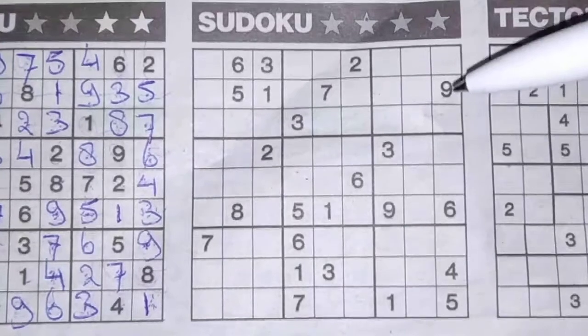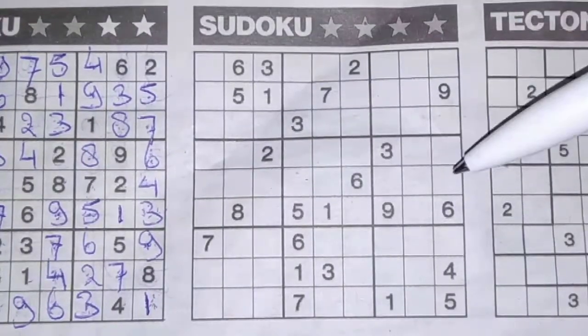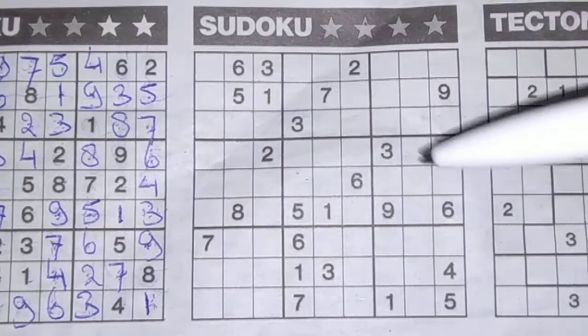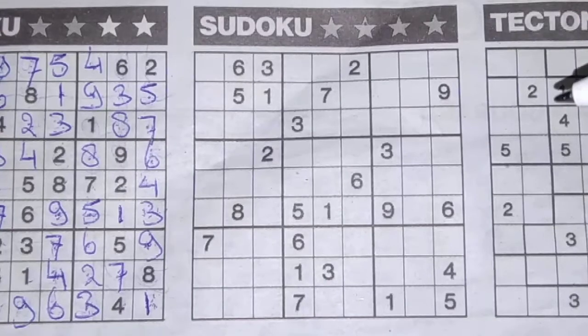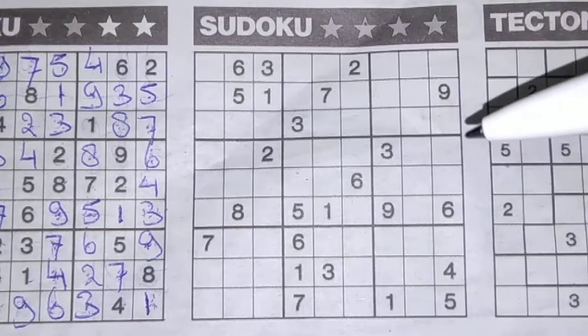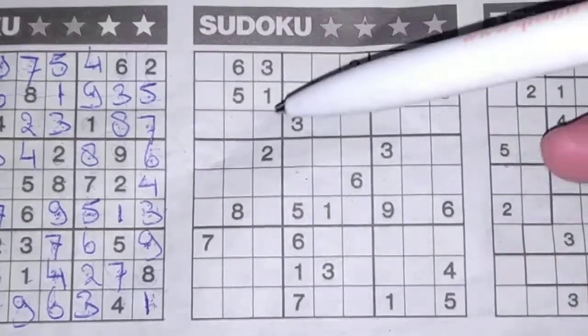So, before I start, I count all the numbers. I know the first Sudoku, a 1-star Sudoku, has 27 digits printed. The second one, 26, and probably this should be 25. But let's count